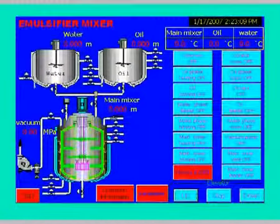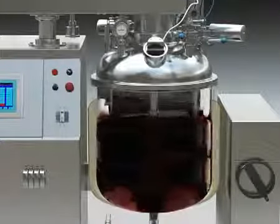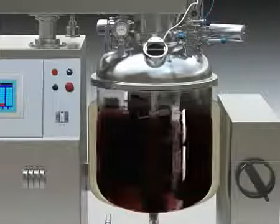pressure of the vacuum. Close the feeding valve of the main tank and the valve at the bottom of the oil tank or water tank, then touch vacuum pump on bottom on the